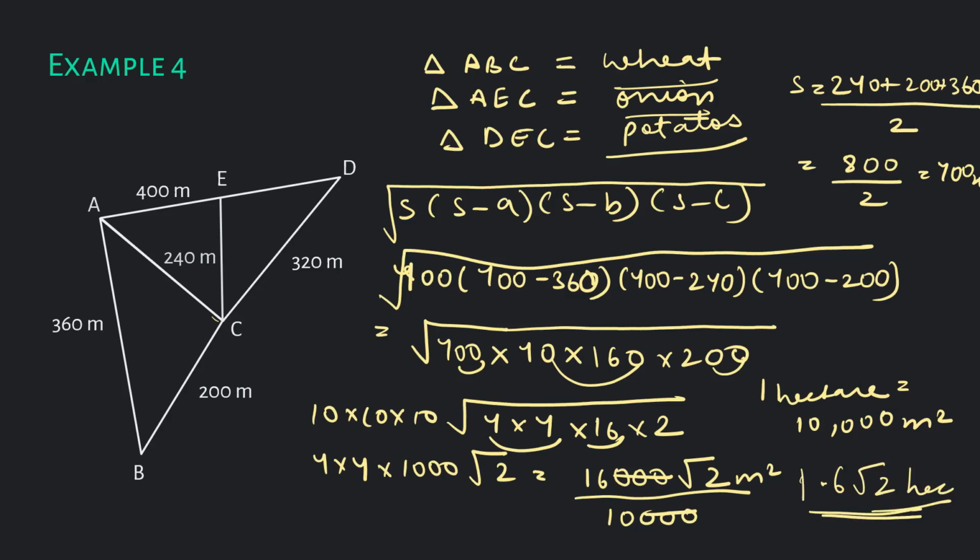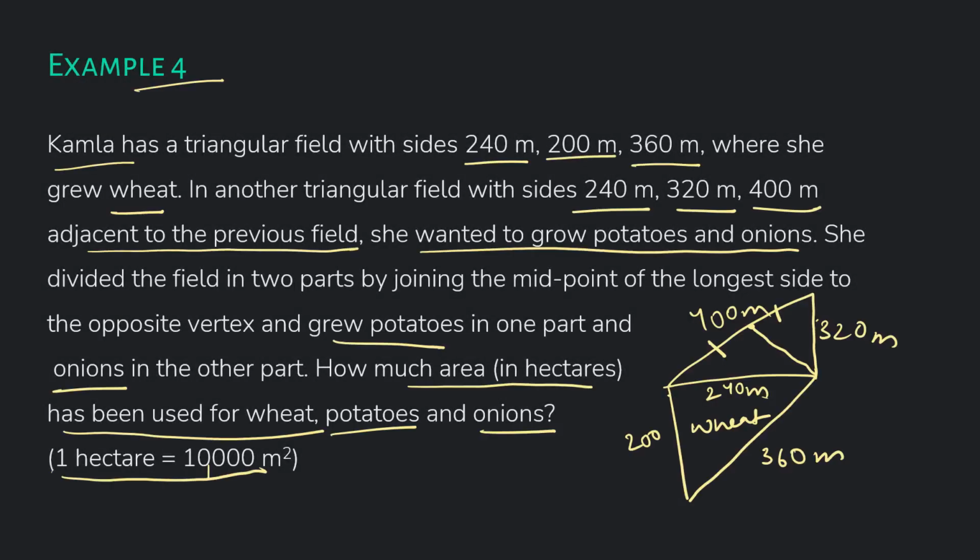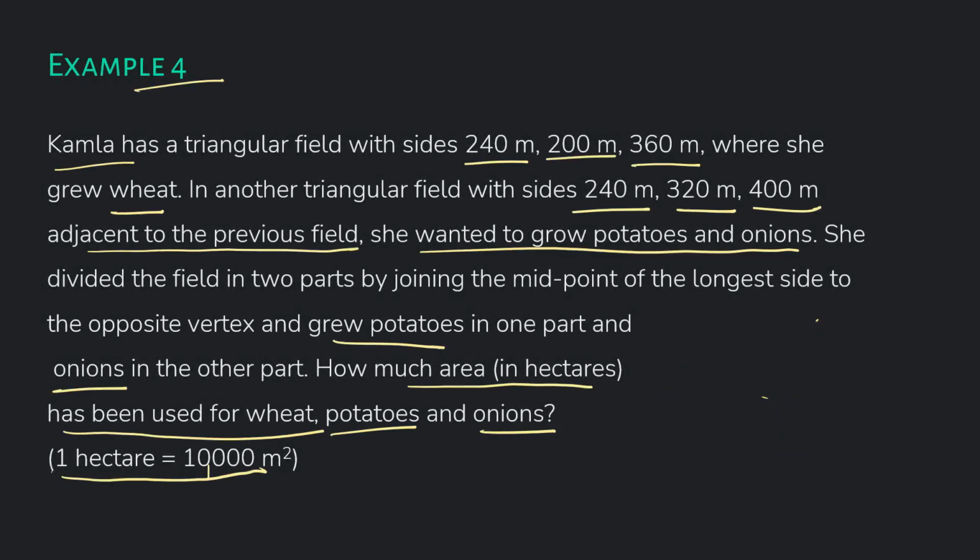This would be our first answer. So I'll just write it over here: the area of the wheat grown triangle, that is ABC, is coming out to be 1.6 root 2